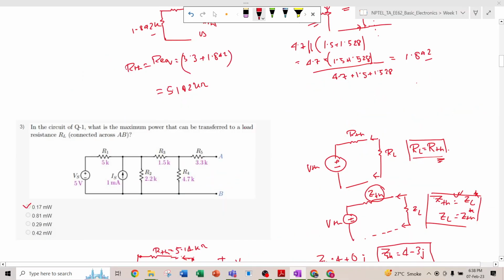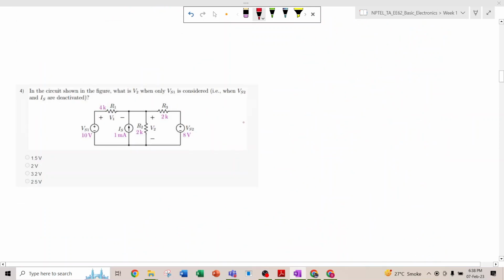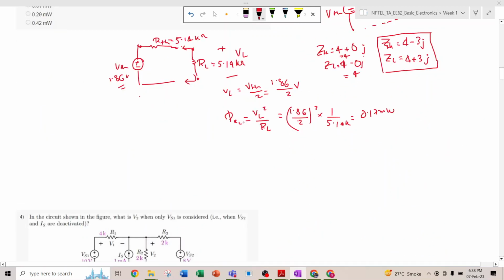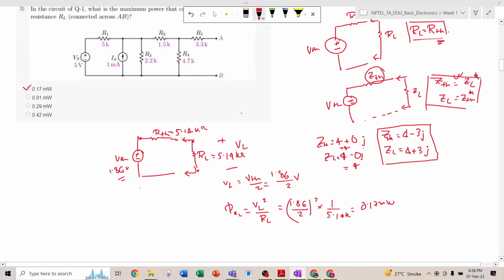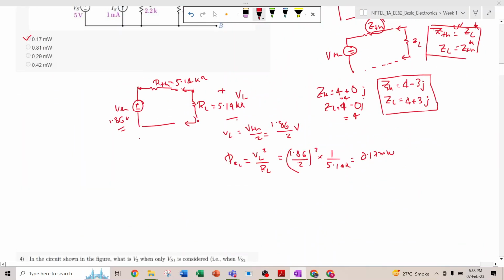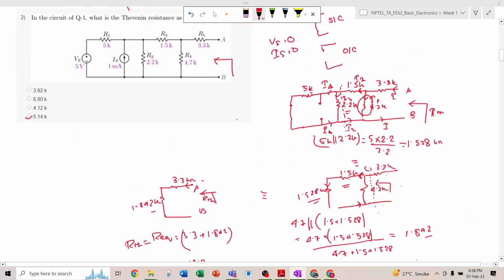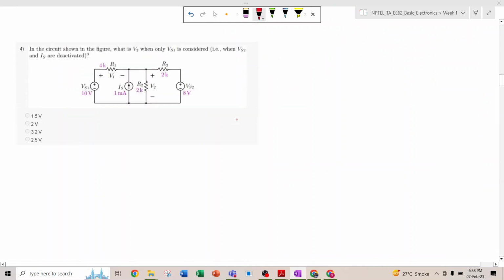Okay, this will definitely help you in solving the current assignment. If you are stuck somewhere or not clear in the concept, it is a very basic thing. You should clear your fundamentals first, otherwise it will create a lot of problems ahead in the course. So I will move to question number 4.